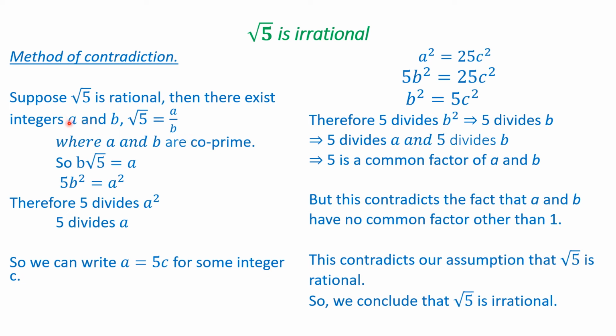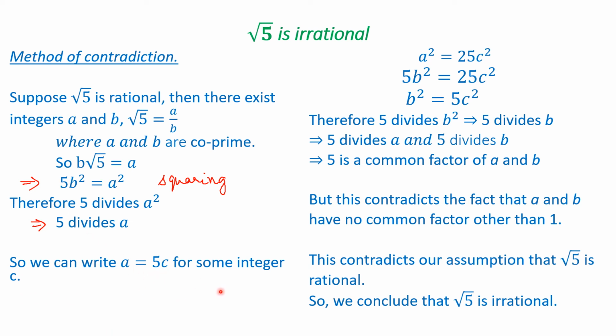We can directly write down that suppose root 5 is rational, then there exist integers a and b such that root 5 is equal to a by b, where a and b are co-prime. Directly we are writing down a and b are co-prime. So b into root 5 is equal to a, and on squaring we get 5b square is equal to a square. Therefore 5 divides a square. But 5 divides a square implies 5 divides a also,